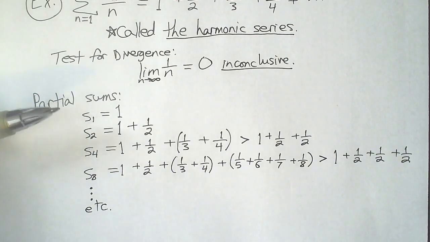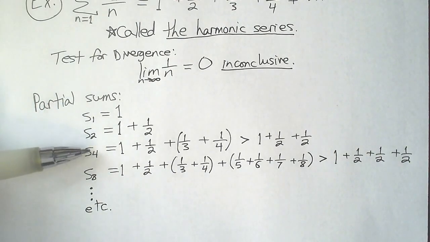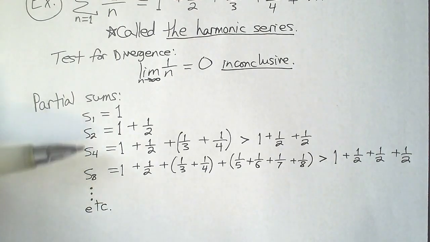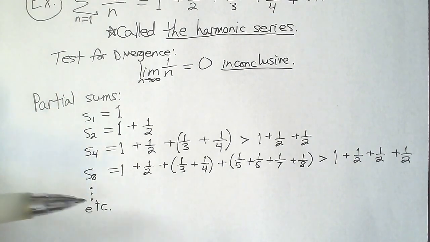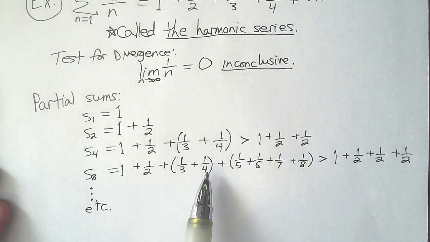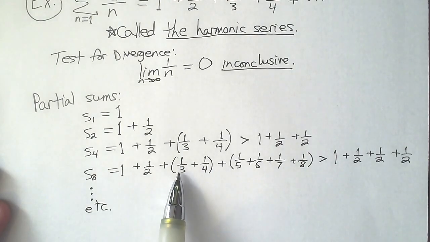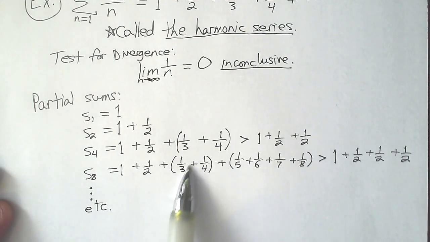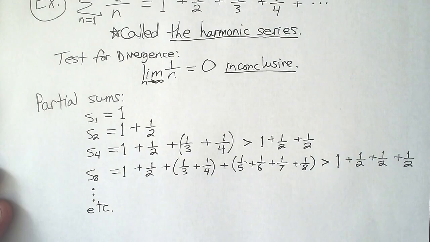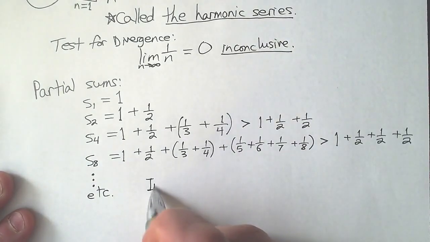The S's that I chose to look at, S1, 2, 4, 8, the next one that we would look at would be S16. We're looking at powers of 2. 2, 4, 8, 16. And then we start grouping together some of these fractions, and an argument could be made that this has to be greater than 1/2, this is greater than 1/2, and then if you kept going, that pattern continues, so that in general,